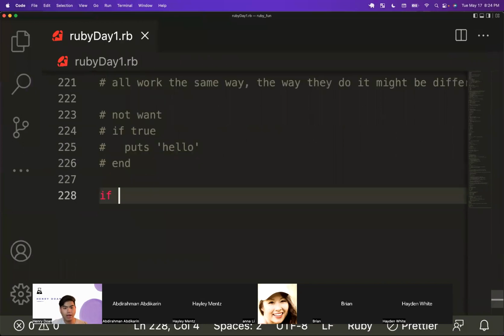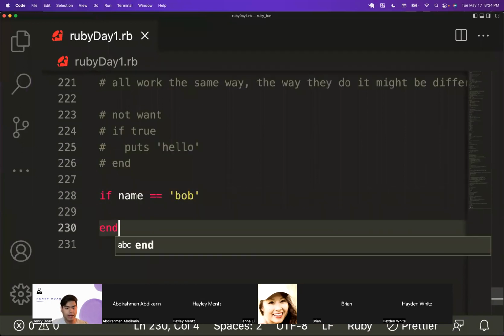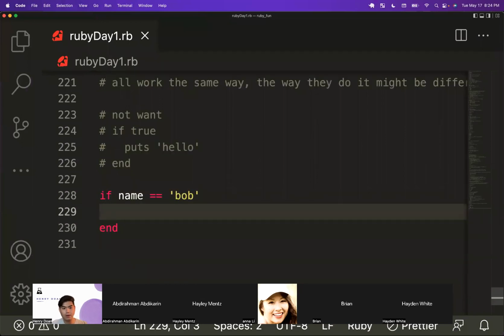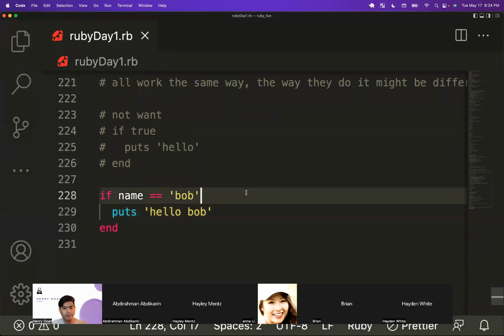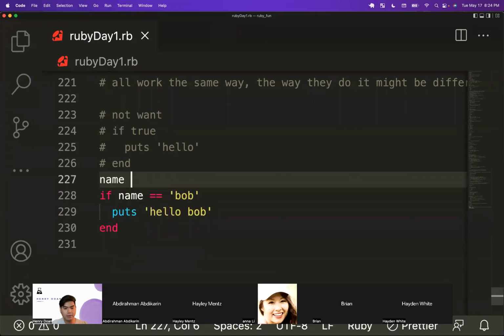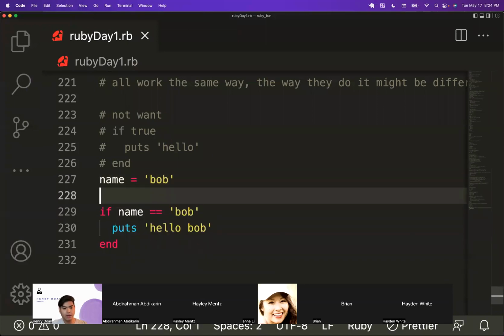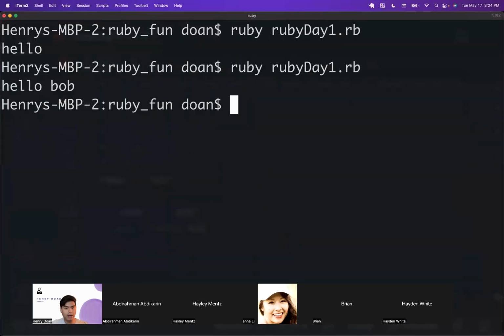So for example, if the name is equal to Bob, and again, make sure you're doing double equals or triple equals, because one equal sign means assignment. Two equal signs or three mean equality. So if the name is equal to Bob, then I'll go ahead and do hello, Bob. Let me set the name here to be Bob, and then it will run through this logic. So if name, which is this variable right here, if that Bob is equal to this Bob, then